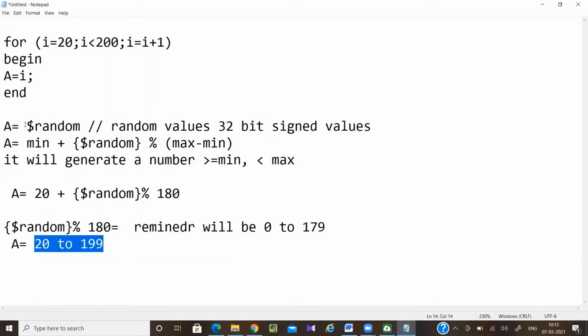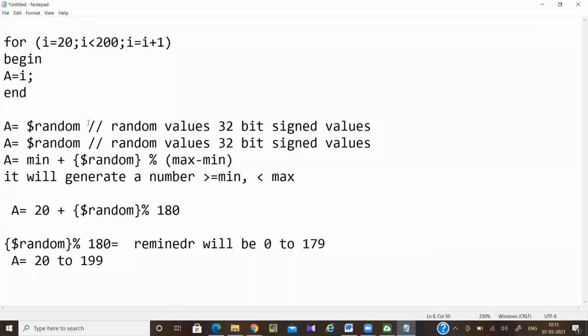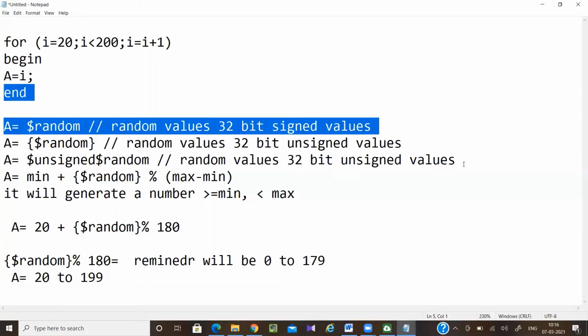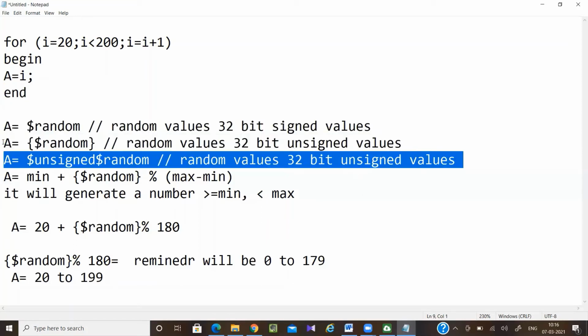I want it to be an unsigned value, meaning a positive value, so that the remainder also is positive. If you want only positive values, write it like this, or you can write $unsigned($random). It will also give you an unsigned value. This one gives a signed value and this one gives an unsigned value.